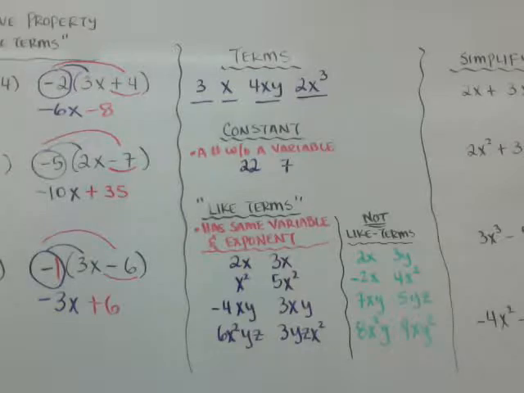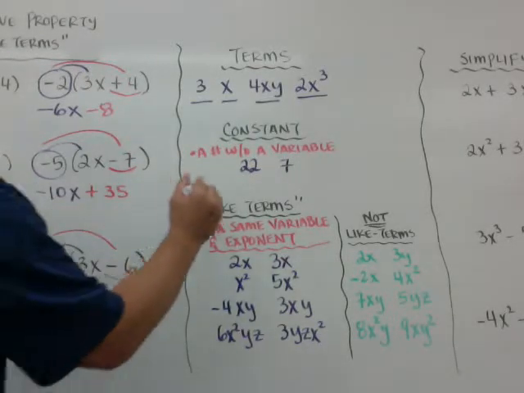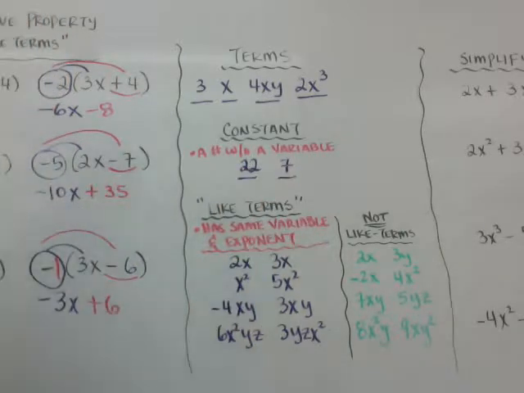Okay? A constant is a number that doesn't have a variable, a number without a variable. So just like the number 22 or the number 7, which are my favorite numbers, but 22 is the favorite